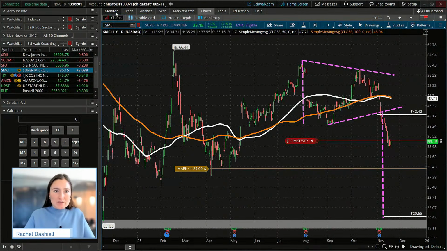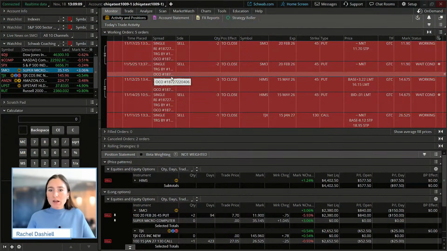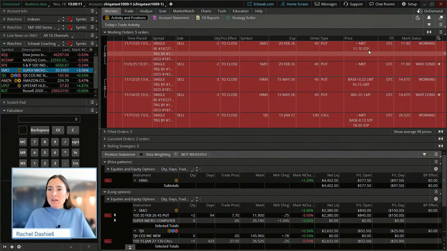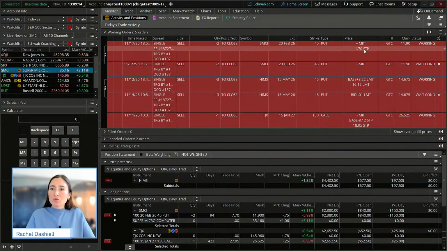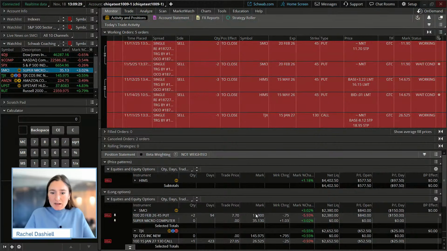But I'll show you what I did in the meantime throughout this week, since we have had that continued move to the downside. So essentially what I did with SMCI is I turned that conditional order, based off of the stock price moving back up into the pattern, into a stop market order, saying that we're putting our stop right around 1170. And right now, SMCI has pulled back a little bit from earlier, even today, where the mark price is now trading at 1192.